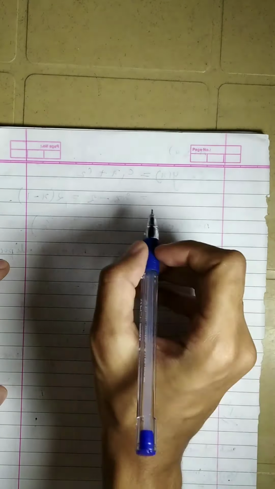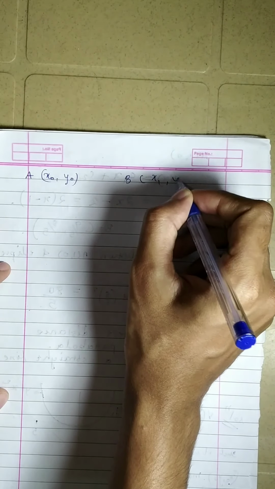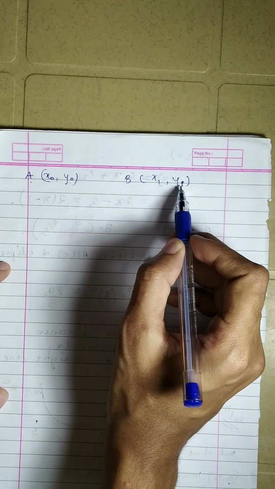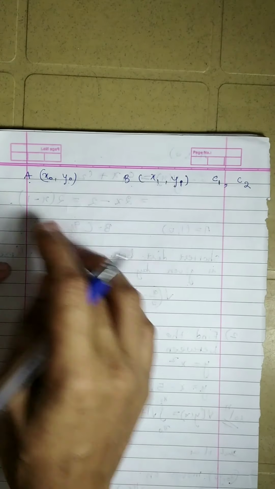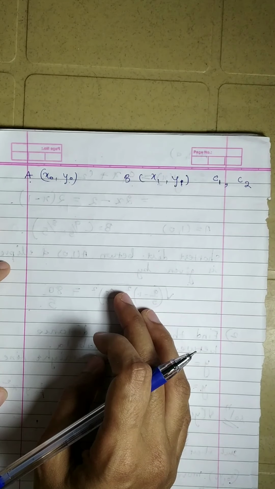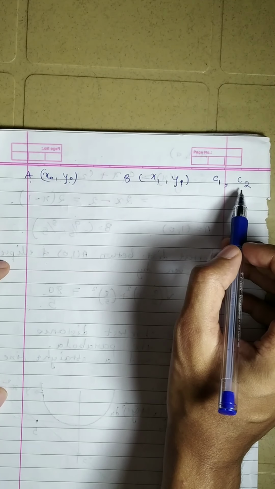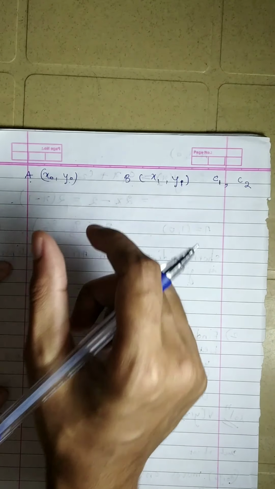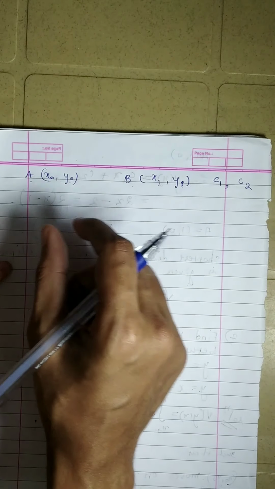in the last step, as we get the values of the point A and the point B, let us suppose say point A is x0 y0 and point B is x1 y1, and we also determine the constants c1 and c2. This is what we do in step 4. So once all these values are determined, then we find the shortest distance or whatever thing is asked. In the problems that we have solved, it was asked for the shortest distance.